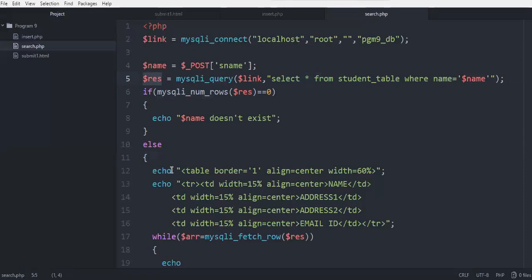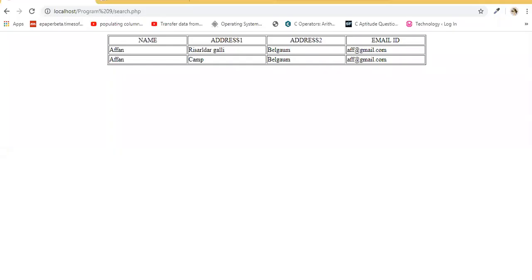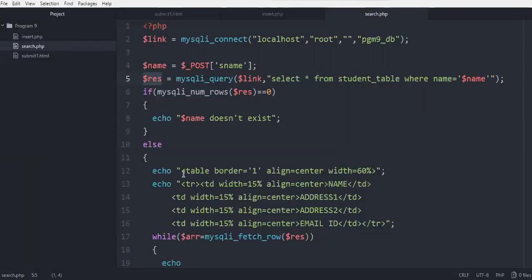Now let us see how to display. We have made use of the echo statement. Now we have to display it in the form of a table. Here you can see the values are getting displayed in the form of a table. Inside double quotes, you have to write the table tag. If you do not want the borders and alignment, you can remove this and just specify table. Then end this particular tag, take another echo statement, or you can just continue inside the double quotes. So I have taken one more echo statement and opened the double quote here.